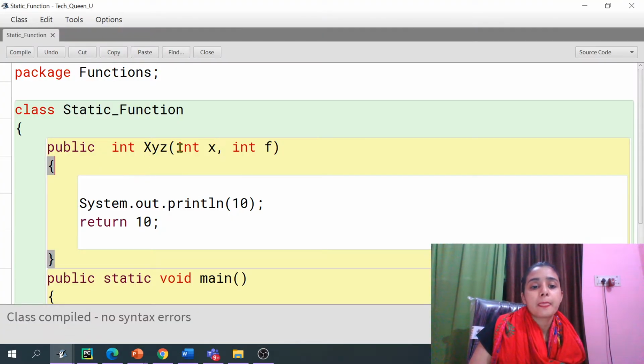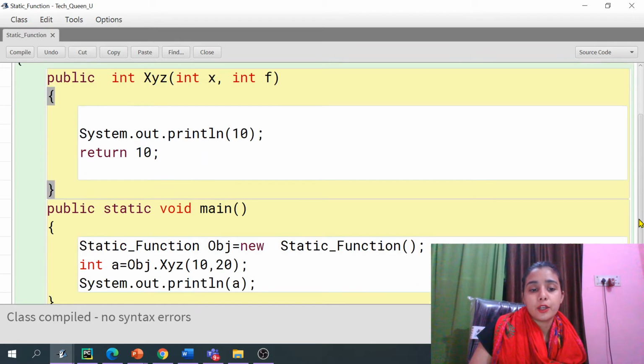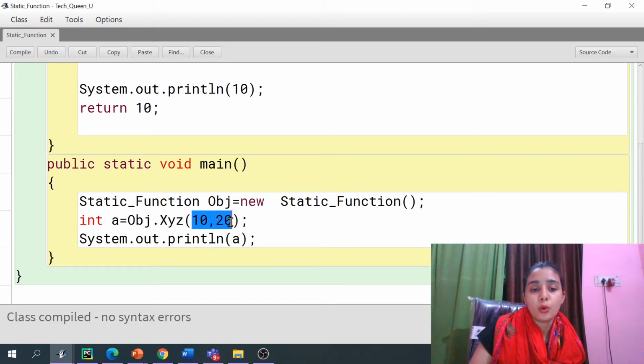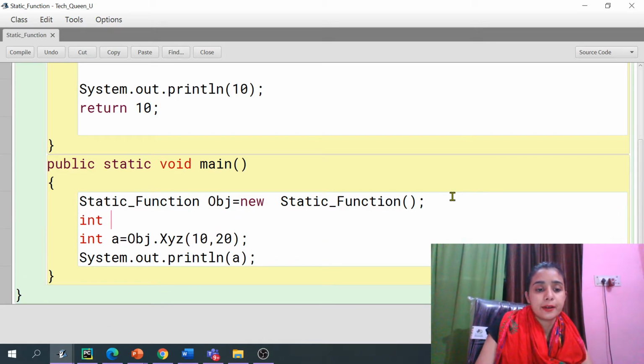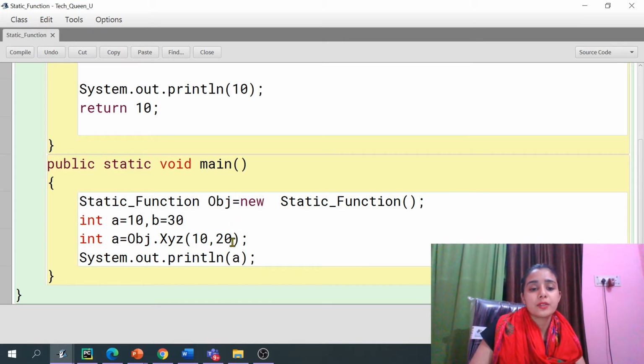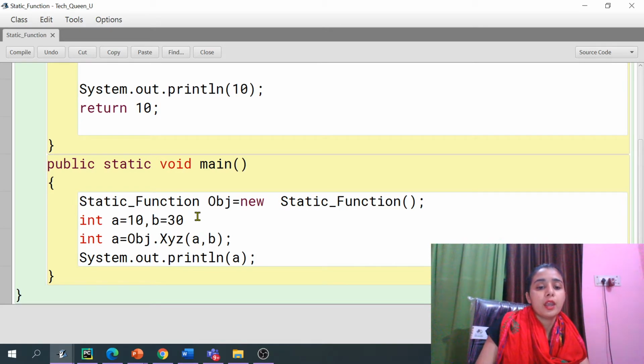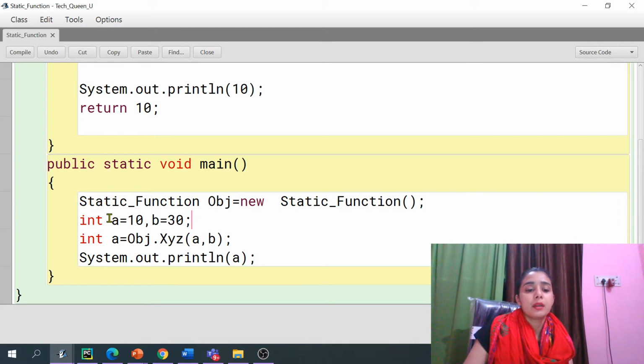So here you are sending the value only, right? So let's say we have integer a is equal to 10 and b is equal to 30, right? So you are sending here a comma b. Okay, so now what will happen here, you are sending a and b, right?